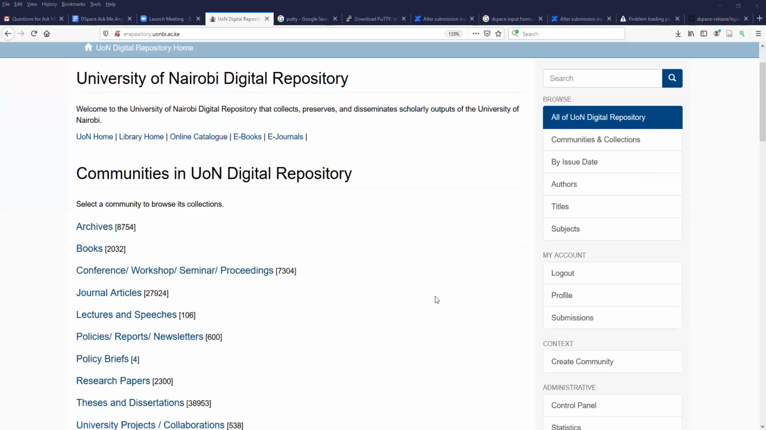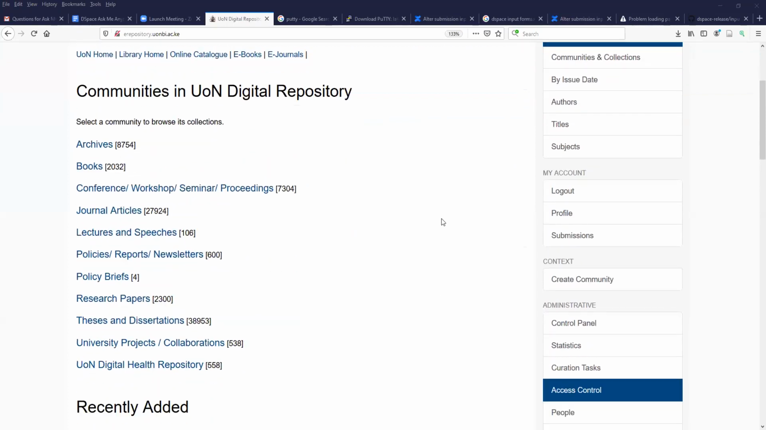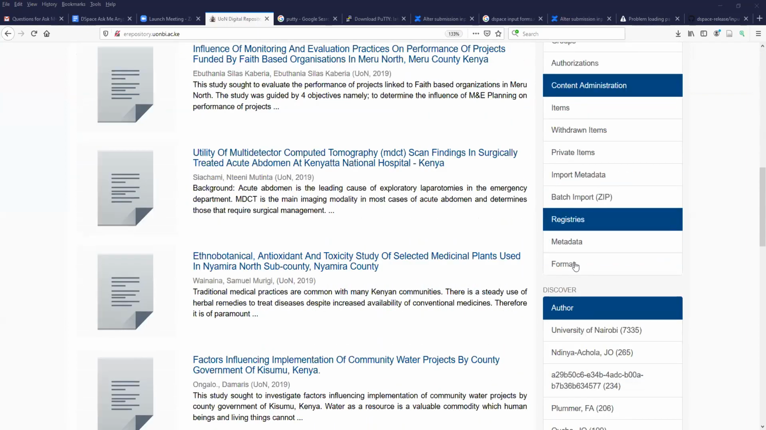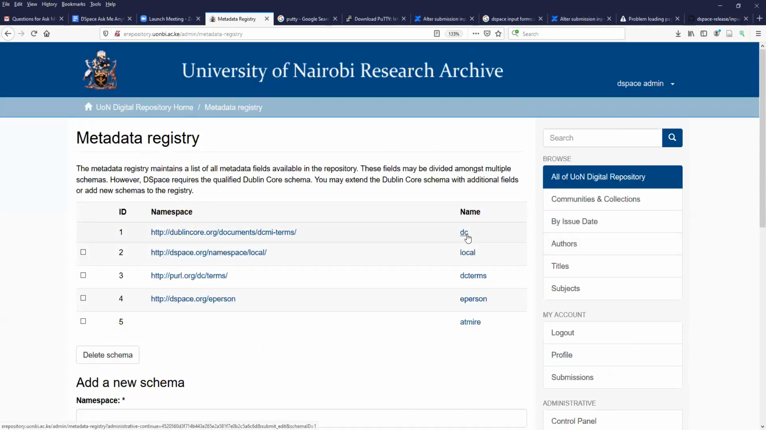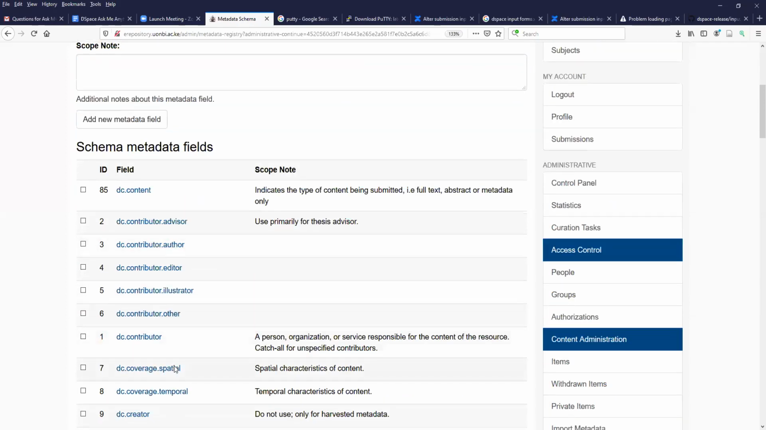So, when you log in as administrator, you want to define new fields. The first thing you need to do is to go to the registries, then you go to metadata. And you select Dublin Core. You're using Dublin Core, so you select Dublin Core. Then you now have the options here of adding the fields. So if you look down here, the existing fields, like the one for the author, is